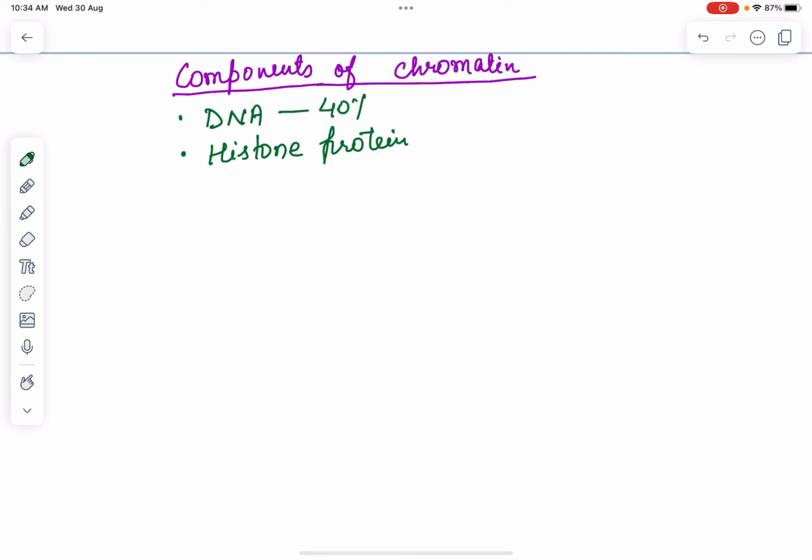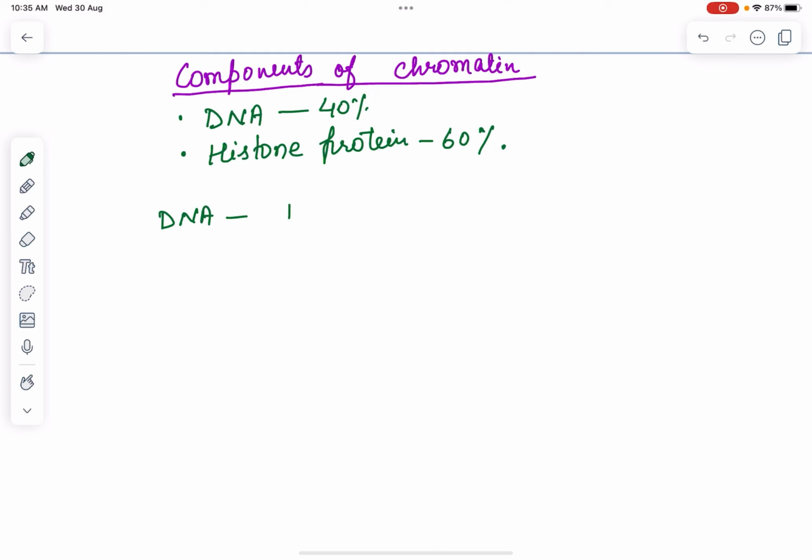40% DNA is present and 60% histone protein is present. Each chromosome contains one long DNA molecule associated with many proteins, that is histone protein. This complex of DNA and protein is called chromatin. A single large DNA molecule is very large,